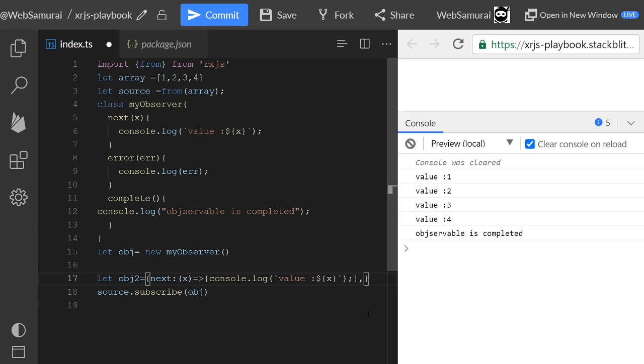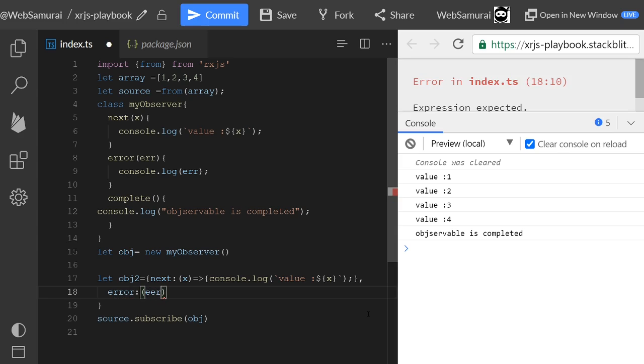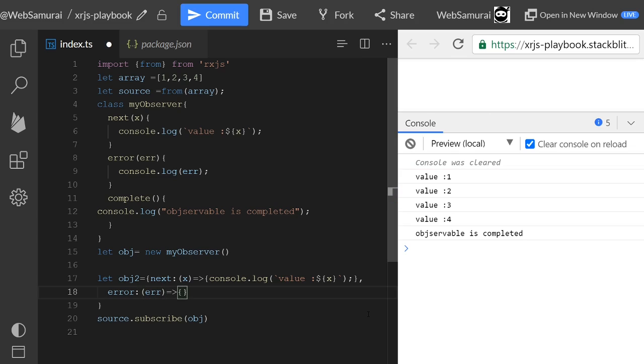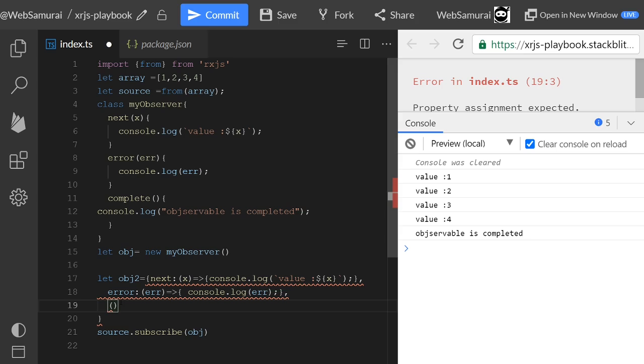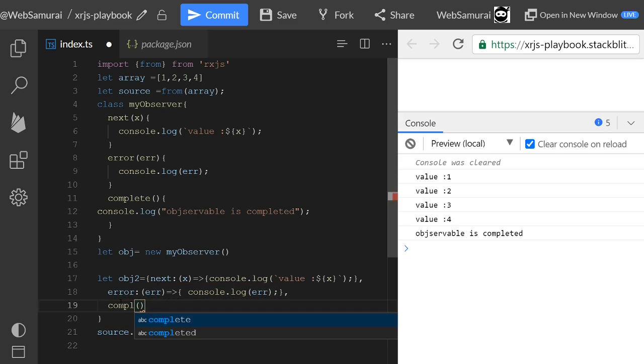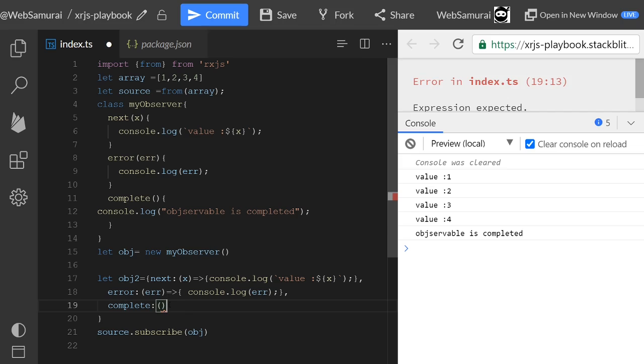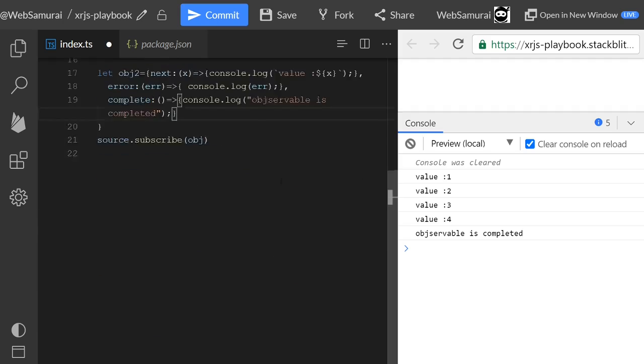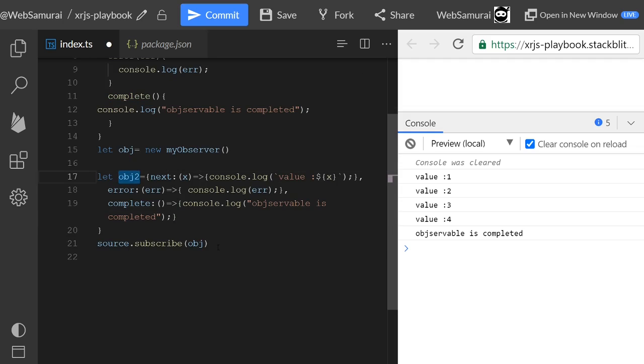The next method is error, which takes an error, and we simply log the error info here also. The final method is complete, which does not take any argument, and we simply log that it is completed. Now I can pass this object.